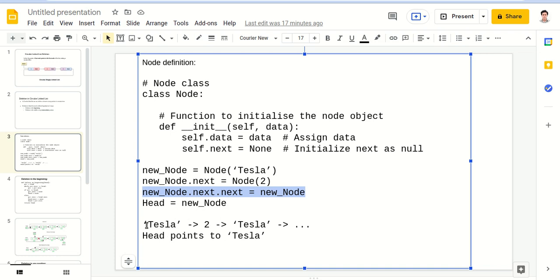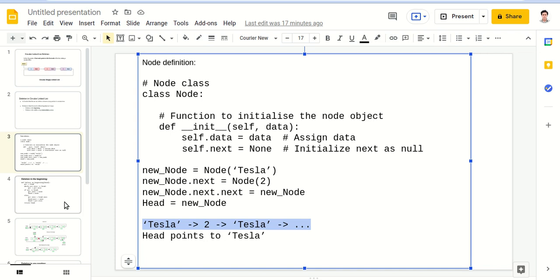So the linked list looks like Tesla, 2, then Tesla, then again 2, and that's how it continues. This is how the circular linked list looks, and head points to Tesla.